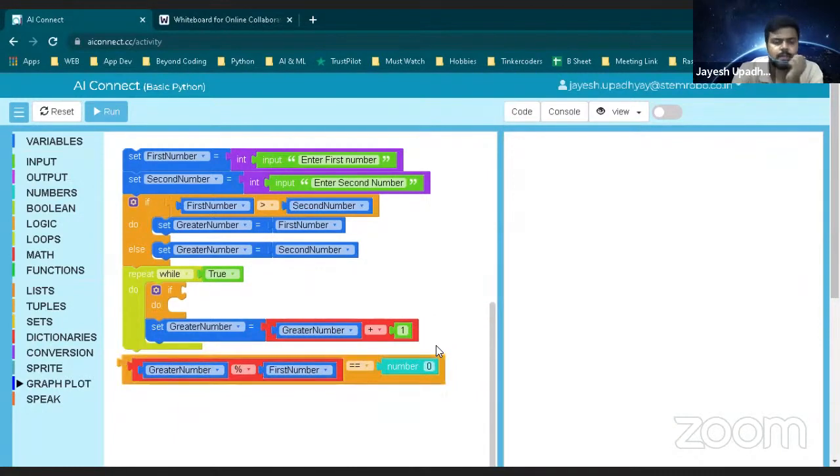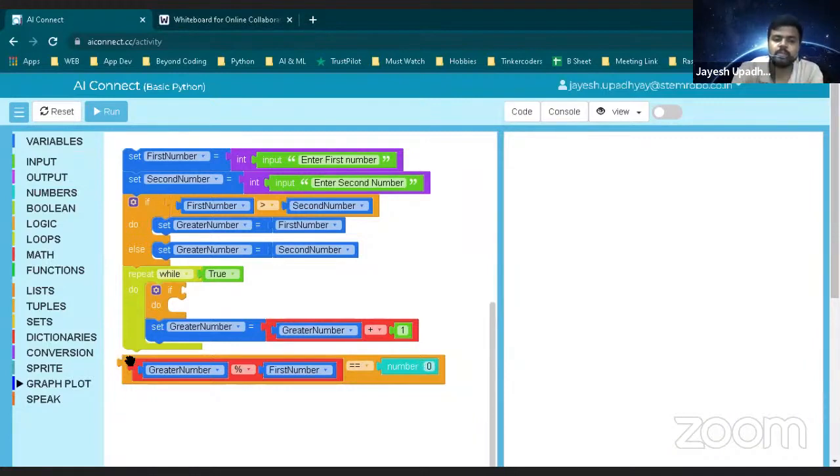Now just see it. Let's say the numbers are 12 and 8. 13 modulo first number is equal to 0. Okay, greater number is 13, modulo 8. It is not returning 0. So this is not a factor of it. Let's say it's not divisible by that number.